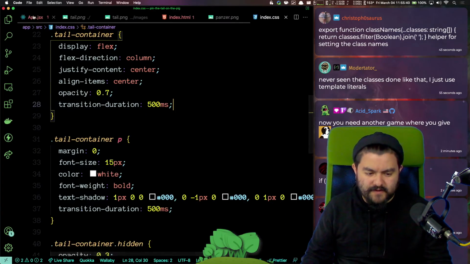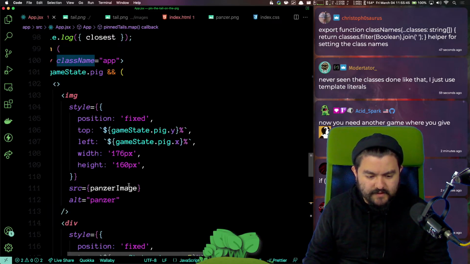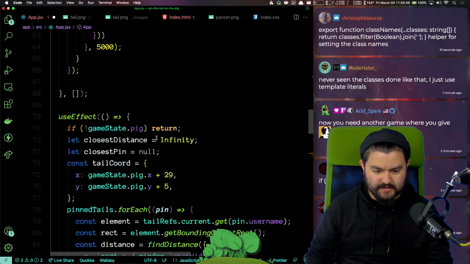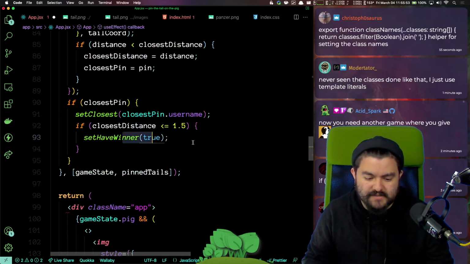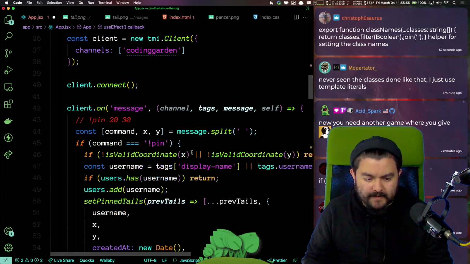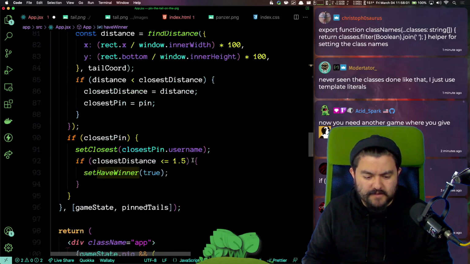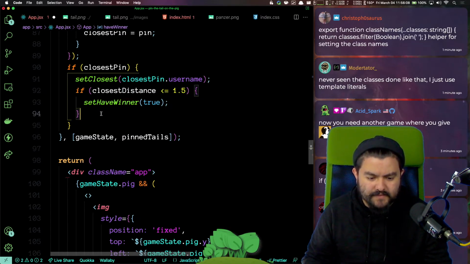Now, at this point, we just kind of end the game. So whenever someone... so we can stop logging that. But whenever someone's distance is less than 1.5, we set has winner to true. And then we're going to get rid of all the other tails on the page except for that winner, and then we will reset.